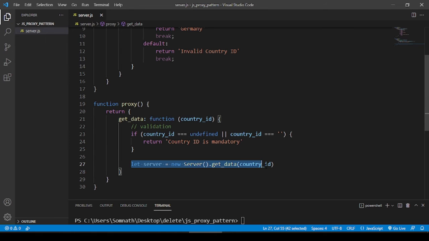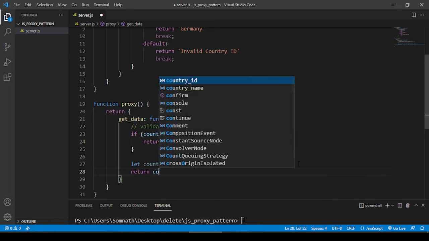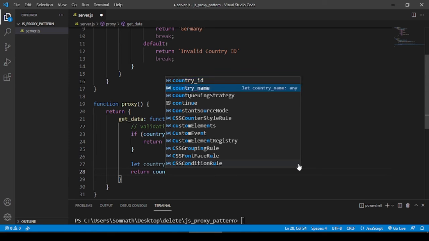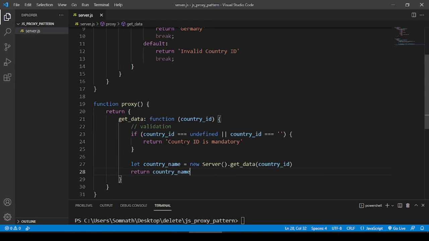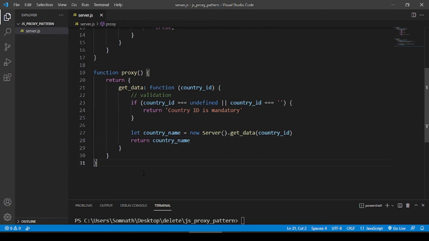So now I have this server that I'm going to, I think it's the country name. There should be a better variable declaration, because if I pass the country ID, I'll expect the country name from this server response, and that I'll just return from this country name. Cool. So my proxy class is defined,